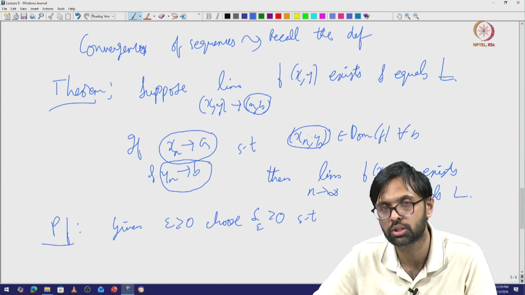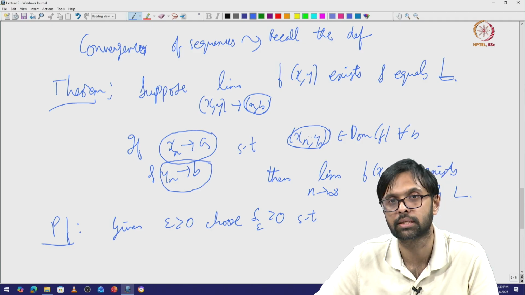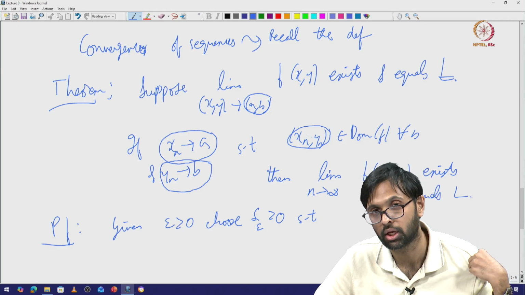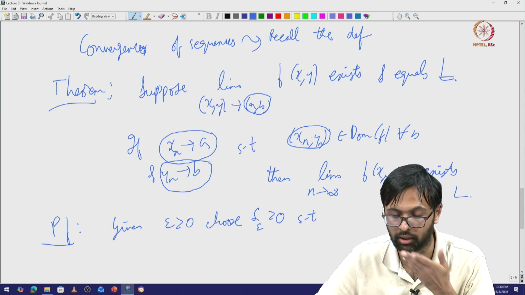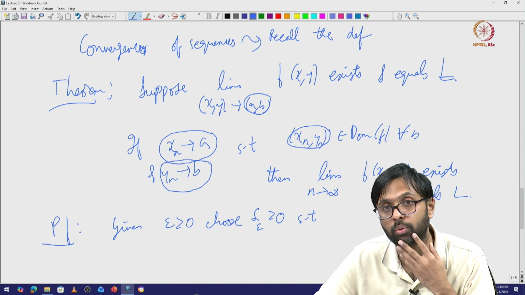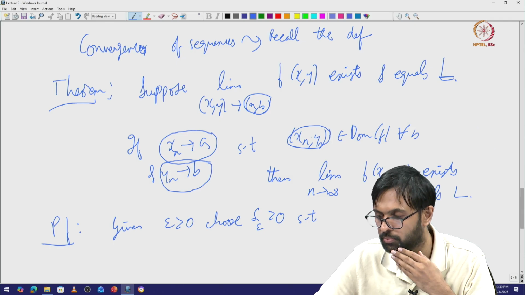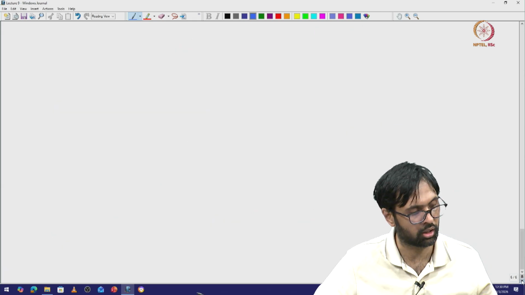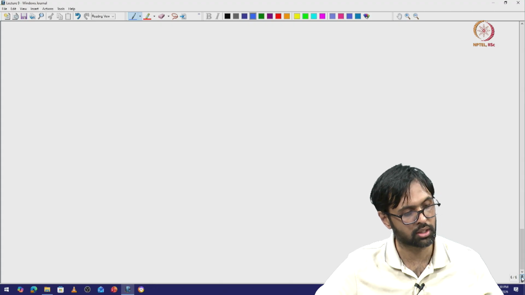the distance between these two is the square root of (x_n minus a) squared plus (y_n minus b) squared. If x_n minus a is less than delta by 2 and y_n minus b is less than delta by 2, then in fact (x_n, y_n) is less than delta by square root 2 close to (a, b). So as a consequence, f(x_n, y_n) is epsilon close to L. It's very straightforward, this proof, but this little result is very useful because